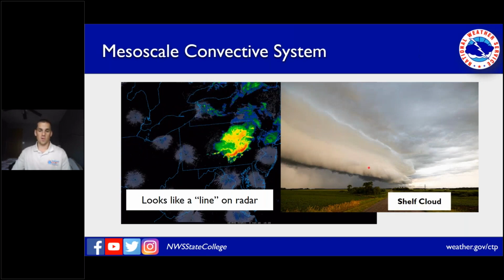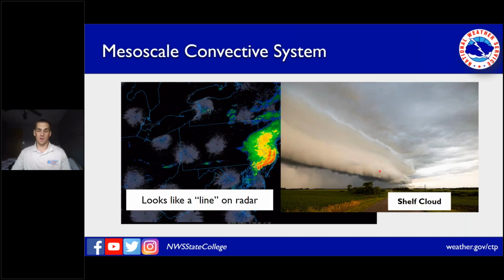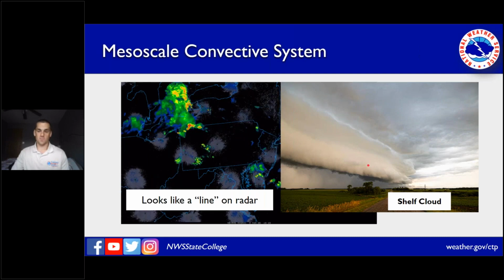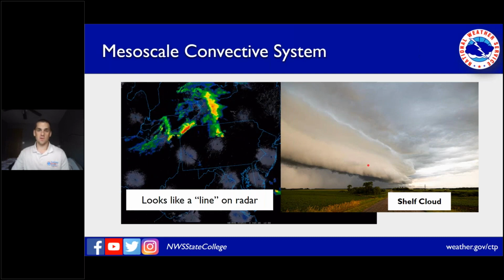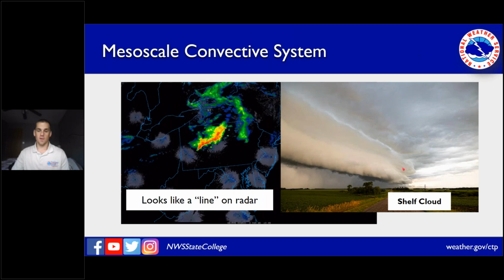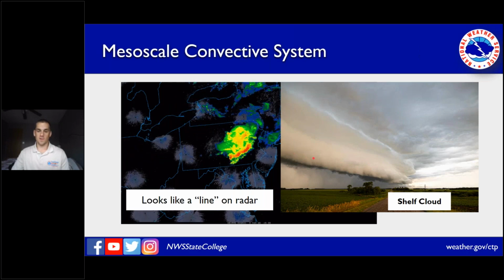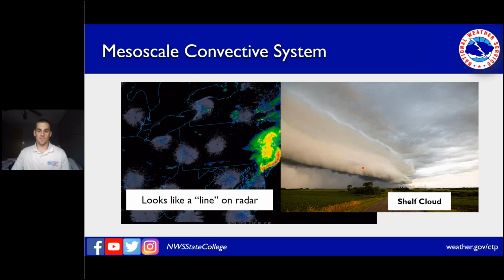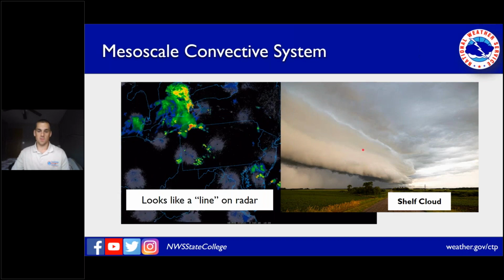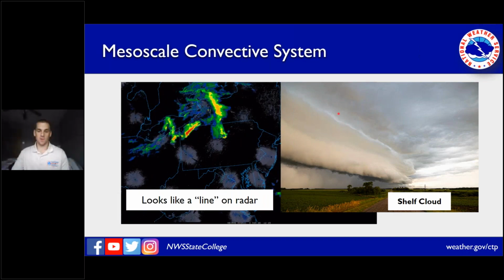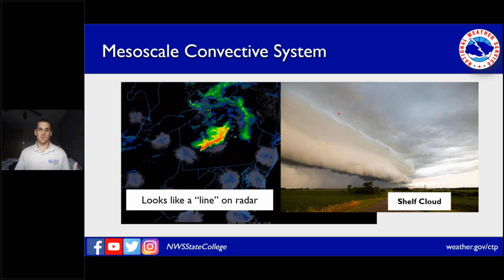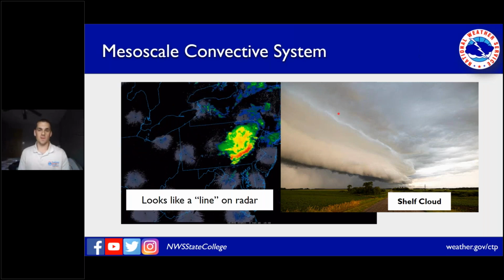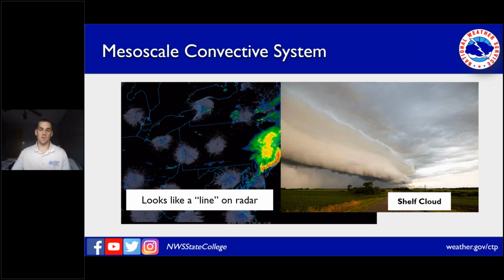And then what it would look like if you were actually out observing or spotting. So if you've heard the shelf cloud terminology, we focus a lot on it in spotter training. It looks very, very ominous as it moves at you. But the main thing to remember with these is they're detached from the thunderstorm base. So in most cases, the main threat with these is going to be high winds immediately under and